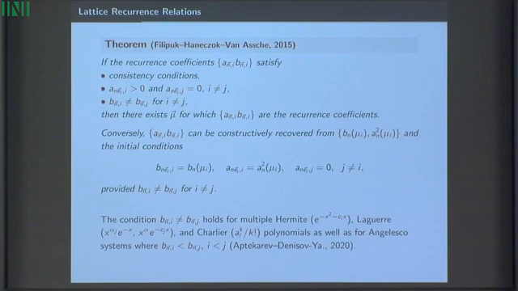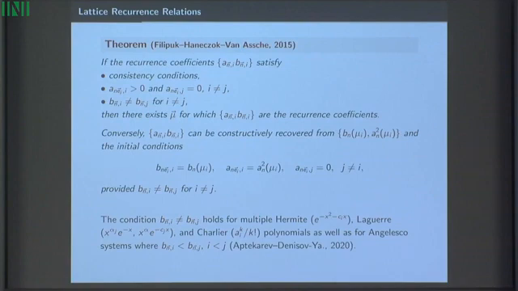In particular, if the measure you started with was compactly supported, that's exactly the same measure. Of course, if it's not compactly supported, you can have multiple measures with the same moments. And of course, this basic condition here, that b_{n,i} must be different from b_{n,j}, is in particular satisfied for multiple Hermite polynomials, as in the case of Andrei in the previous talk, or you can look at multiple Laguerre type 1, type 2,